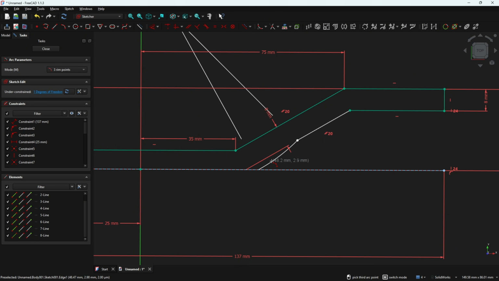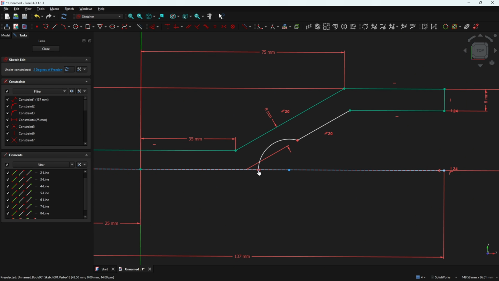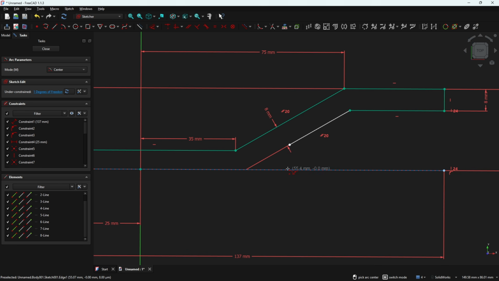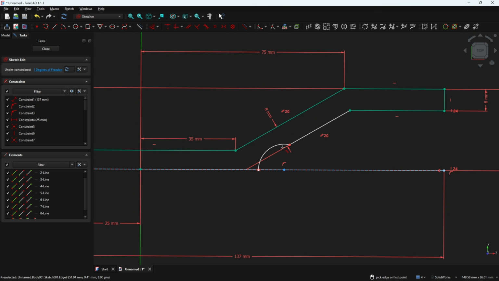Click here in this line here. Make an arc here. Sorry, remove this arc here. Go to arc from center and click here in this point and make an arc here. Go to constraint, select tangent, select this line and this arc here,